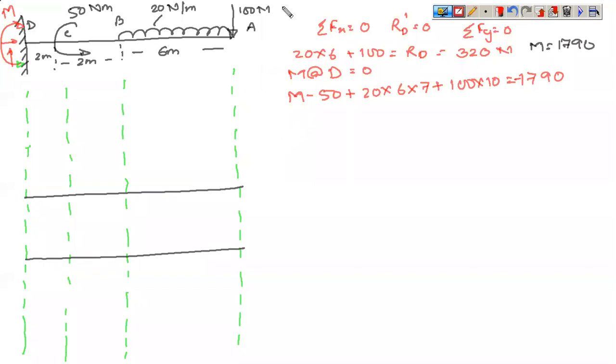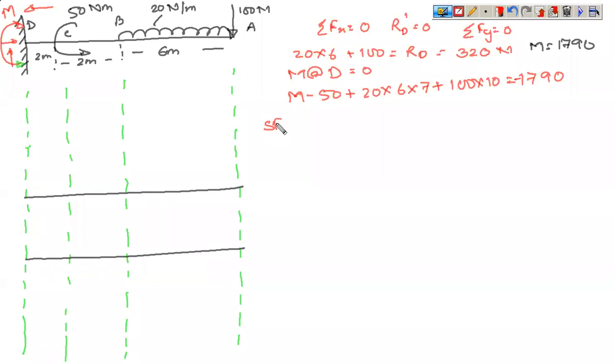Now come to SF. When you are moving in this direction, you need to solve the problem in this direction, so the sign conventions will get reversed. Don't reverse the beam according to your convenience. The beam has to be solved as it is given in the problem. In some books, in some local author books, they have reversed the beam, which is wrong. Some people do it for their convenience, saying that I have solved most of the problems from left to right, so I'm habituated to left to right. No, it is not that. You need to solve the problem moving from right to left also, depending upon the problem which is given.